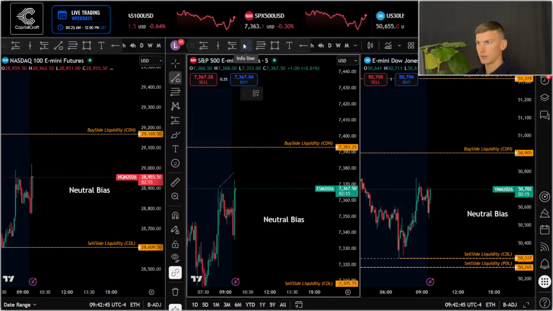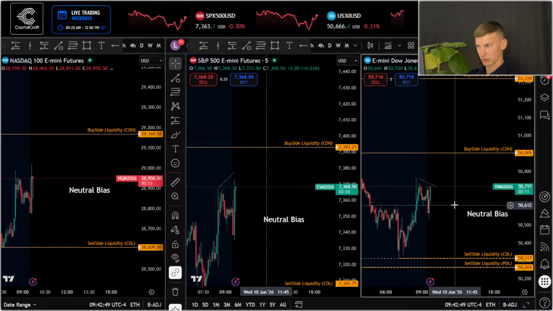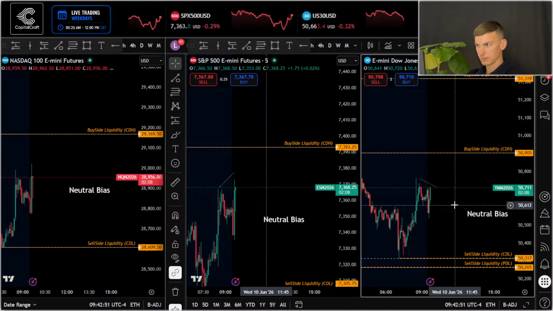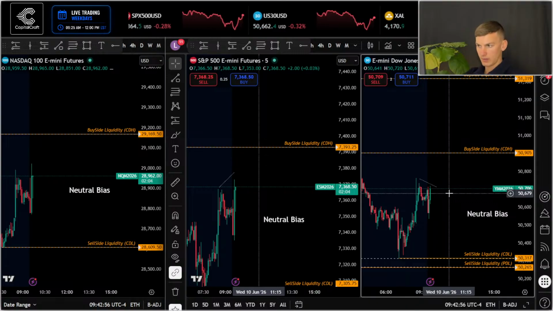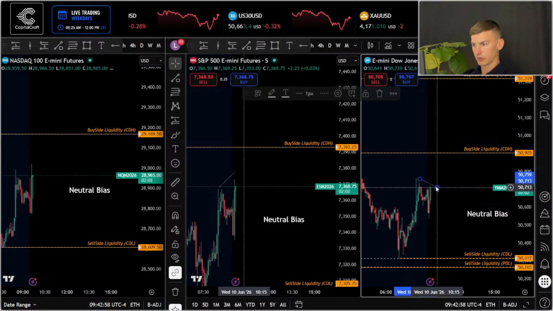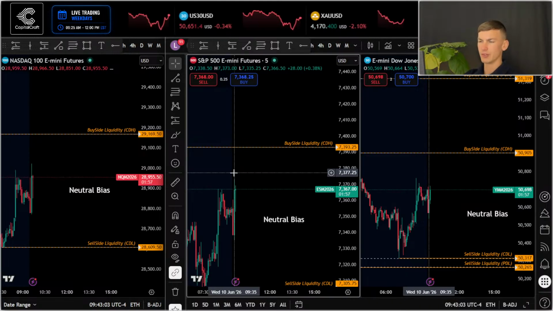And then on the Dow, we cannot see that same thing. Alright, that would be a potential scenario for us to take. Now, the Dow does look like it will raid that specific level, so we're not really going to focus on this one, which is exactly why I keep saying to you guys, I don't want to give you guys